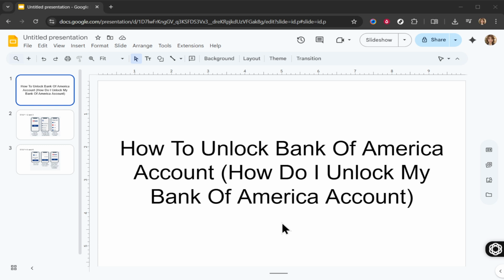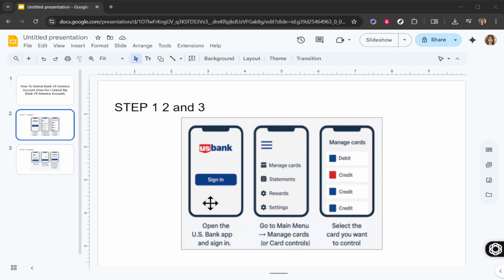First, I want you to open the US Bank app on your mobile device. Make sure you've updated it to the latest version to ensure all features are working smoothly. Once the app is open, go ahead and sign in with your credentials. It's important to remember your login details, so if you have trouble with them, look into resetting your password through